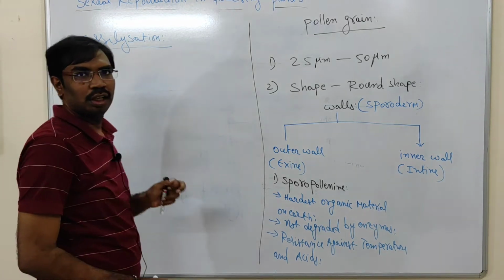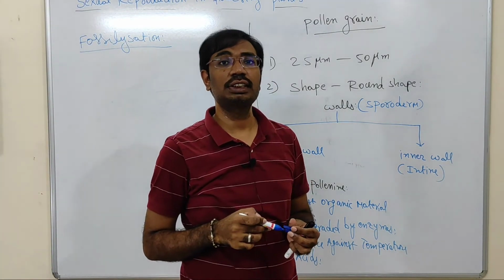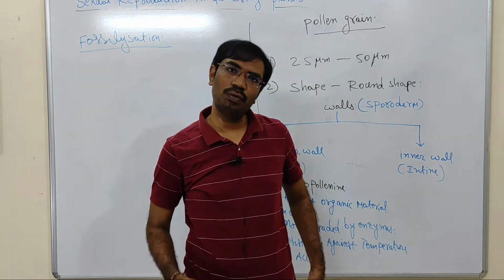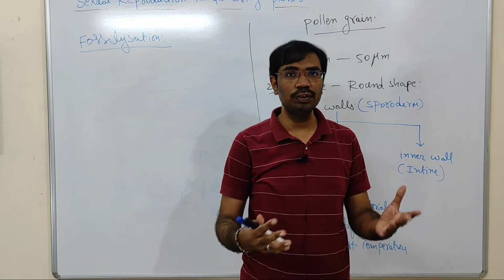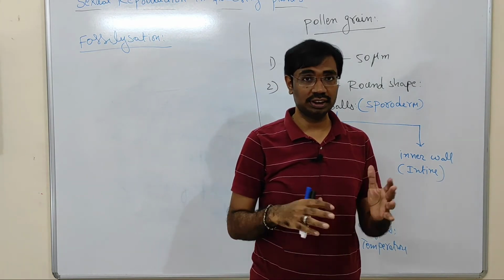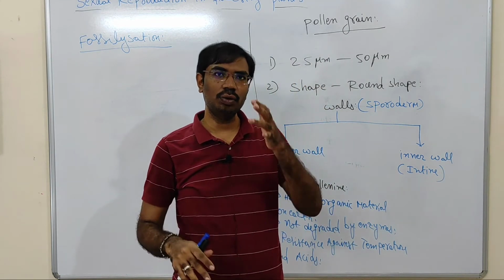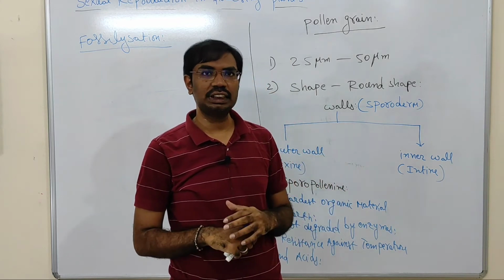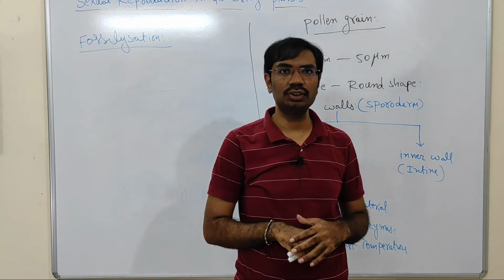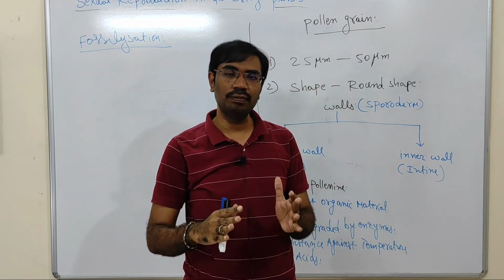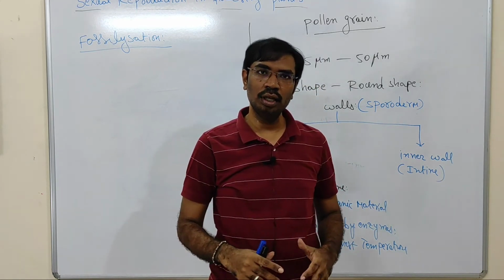Fossilization, or fossil. Like dinosaurs. When dinosaurs were present on the earth's surface, that was millions of years back. Now we also know about dinosaurs. How do we know about the dinosaurs? Because the skeletal system is present, and the skeletal system has not degraded over the period of time. So we can find the skeletal systems of the dinosaurs, and because of that, we can know information about the dinosaurs.